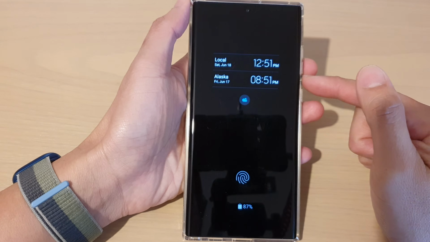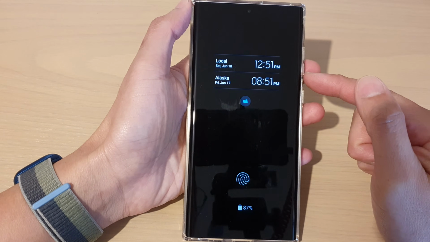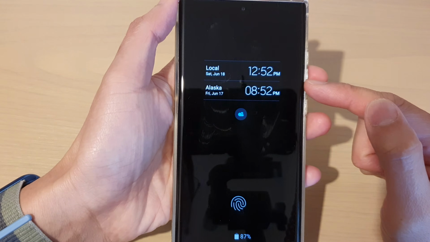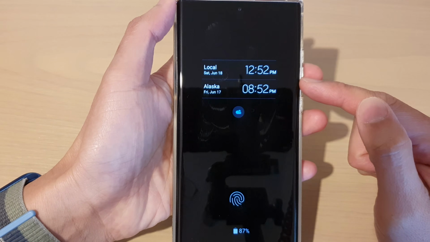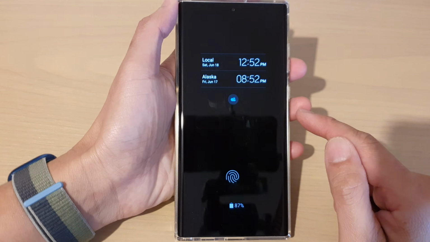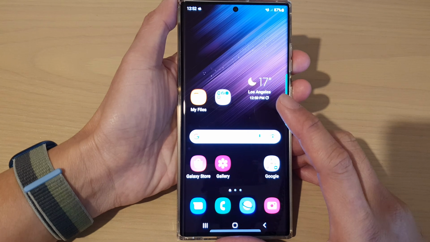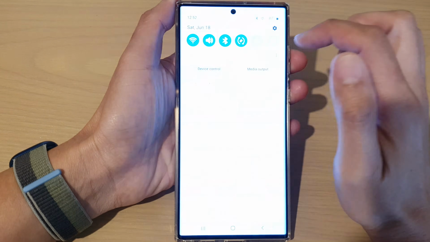Hey guys, in this video we're going to take a look at how you can add dual clock on the always on display lock screen on the Samsung Galaxy S22 series. First, let's go back to the home screen, and then from the home screen swipe down at the top and